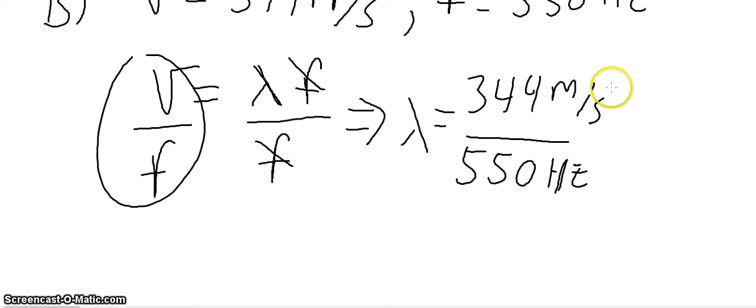So this cancels the seconds. So the answer, of course, is just going to be in meters. And so I get, rounding it, about 0.63 meters. Okay, so that is part B, and that finishes up